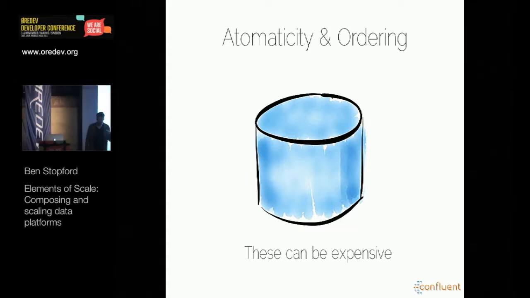But actually, atomicity and ordering, particularly when you think about a traditional relational database, were originally designed with this in mind, right? How can I keep your most precious commodity as safe as I can?